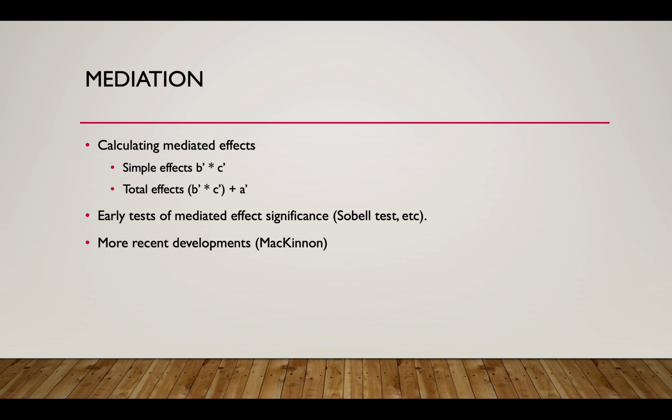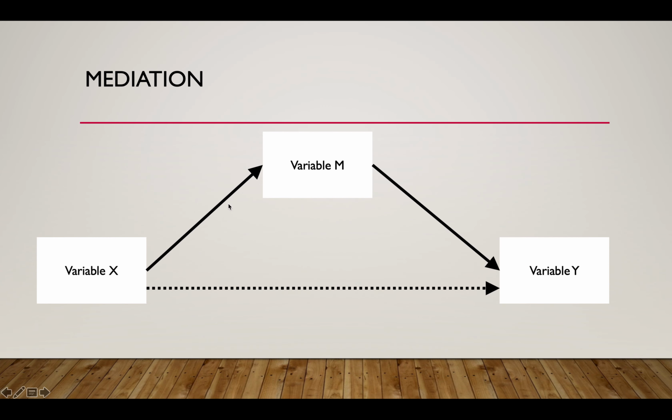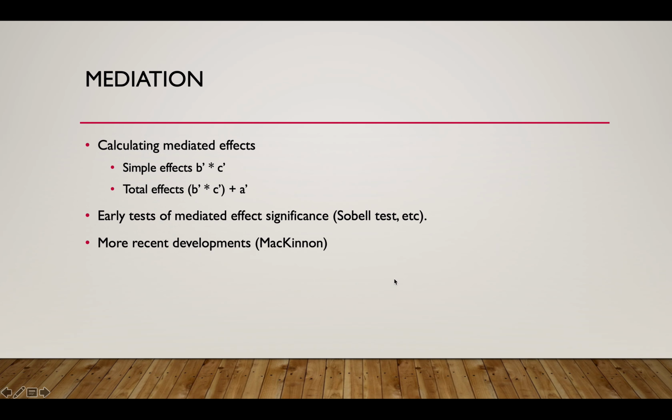All right. Early research utilized tests of the mediated effect that were really just the standardized coefficient divided by the standard error of that standardized coefficient. So the standardized coefficient would be this times this plus this, or just this times this. But taking the pooled standard error of those three coefficients, and multiplying out the coefficients, then dividing by the pooled standard error. And if that sounds like a z-test, you're right, it is a z-test,